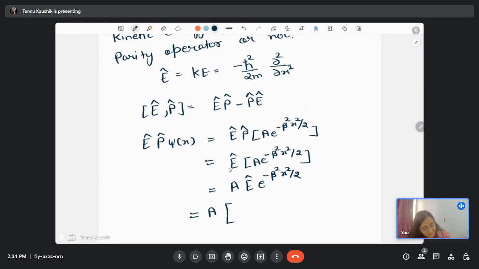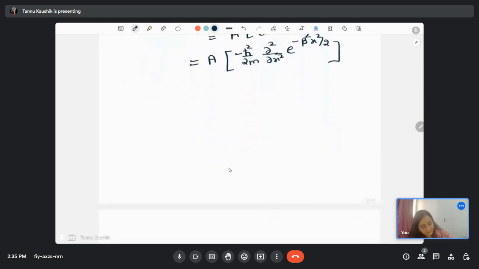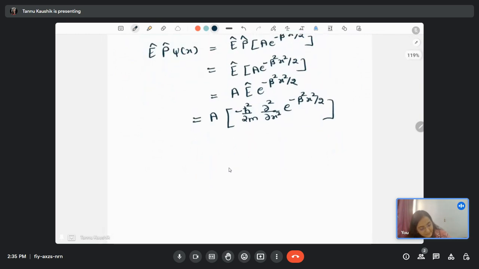So we will get a outside, and this kinetic energy operator will now operate on this, which is minus h-bar squared by 2m del square by del x square of e raised to